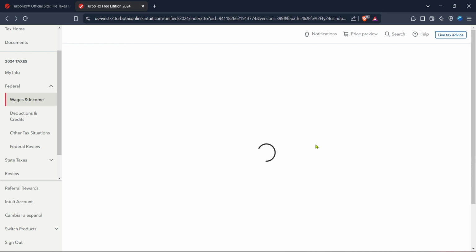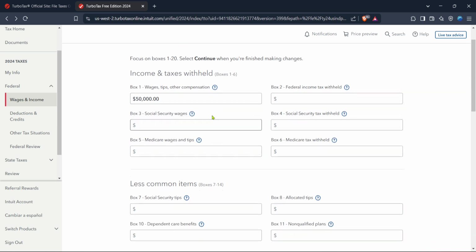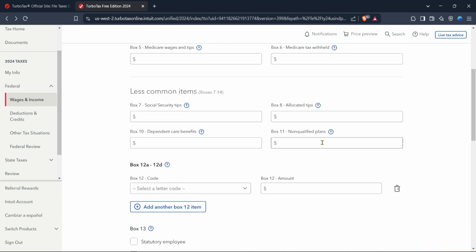Now comes the essential part, indicating your income type. Specifically for IHSS income that is non-taxable, you need to clearly mark it as such. Look for an option to indicate non-taxable IHSS income and select it. This ensures that the income is correctly classified and doesn't inadvertently impact your tax calculations.